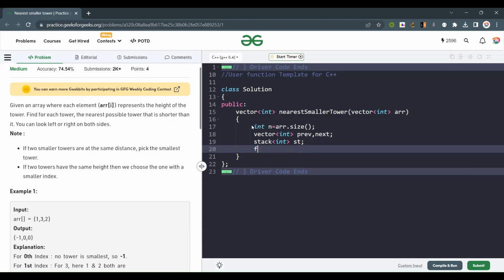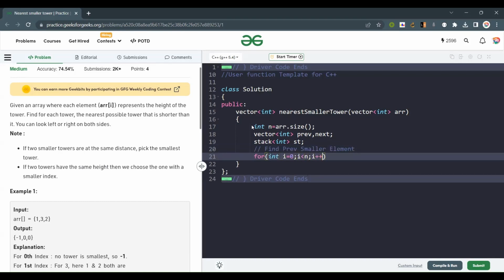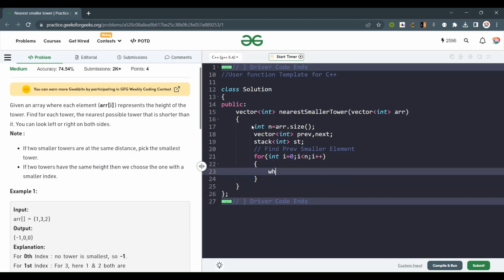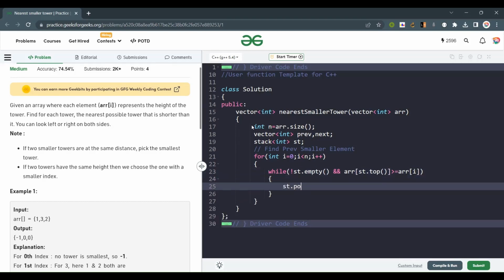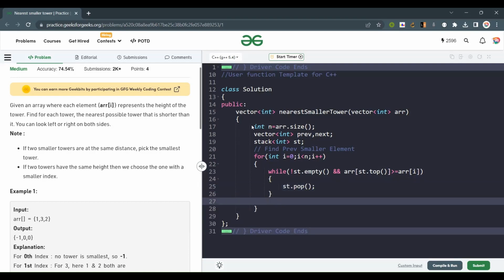So the first thing that I'm finding is the previous smaller element. I will traverse the array, and until I'm getting a greater element, just remove all of them. I will say arr[st.top()], that is, within the stack I am storing the indices of the elements. So if arr[st.top()] is greater than, or you can say greater than or equal to, because obviously I want smaller,